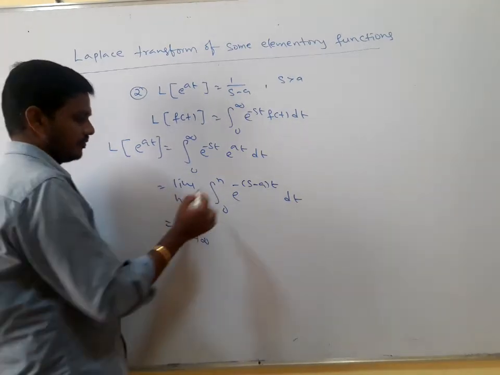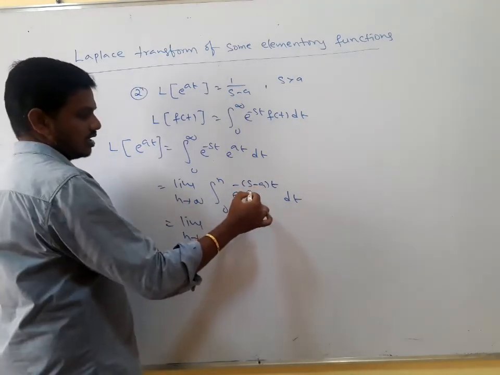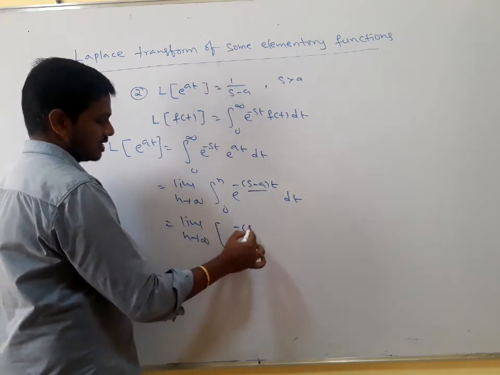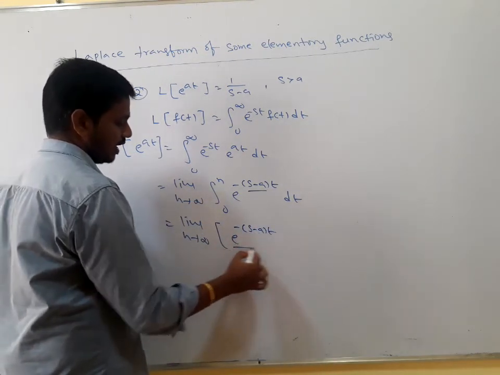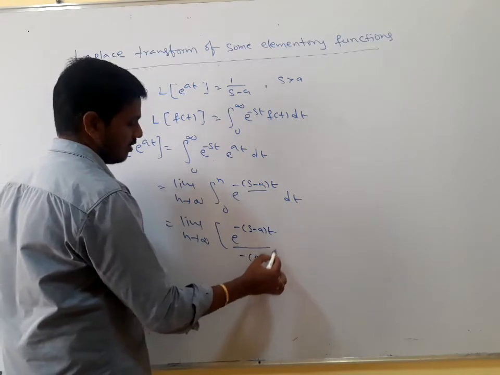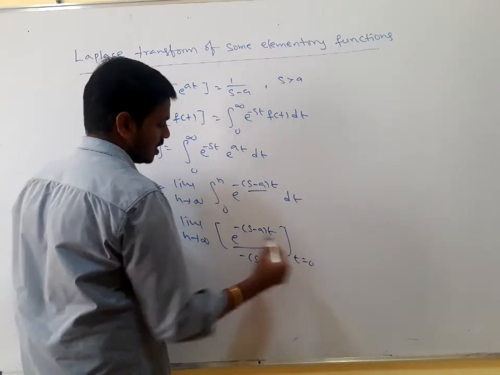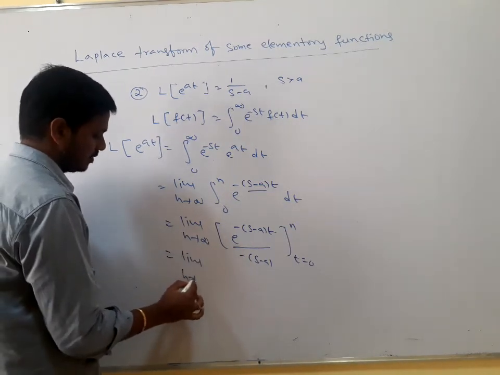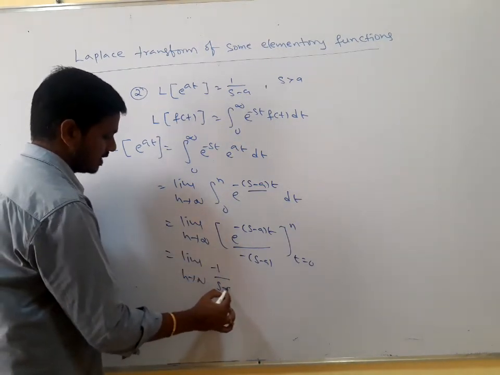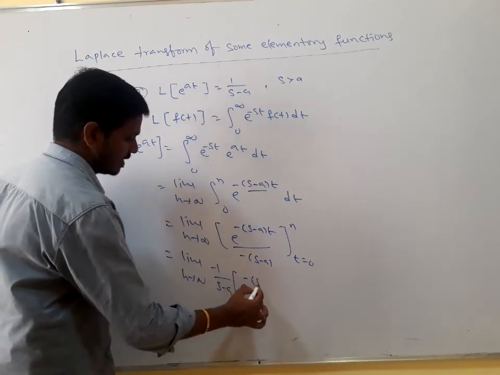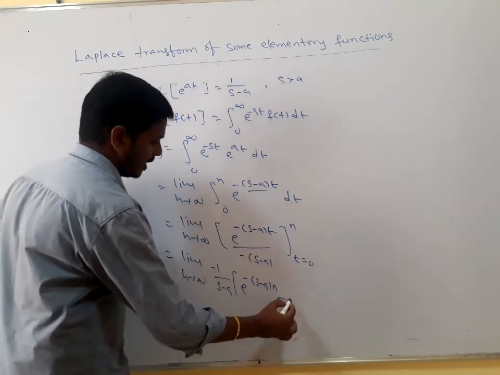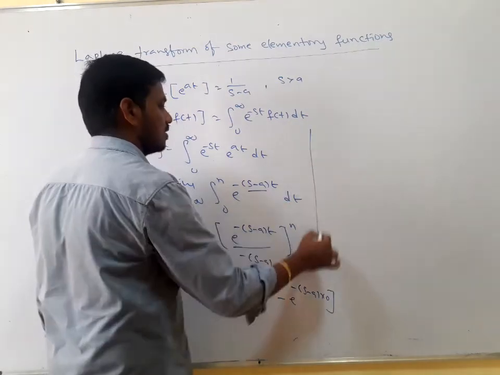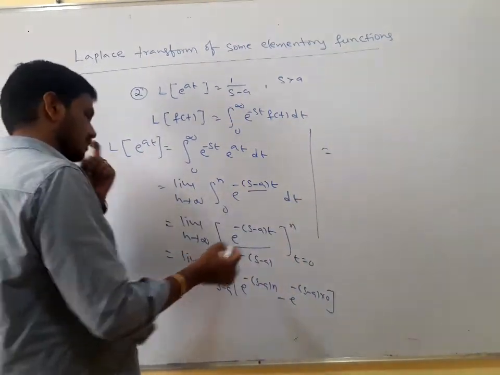So in this case it is also in the form of e to the power of at dt. The integration is e to the power of minus (s minus a) t divided by minus (s minus a), where the limits are t equals 0 to n. So, limit n tending to infinity, minus 1 by s minus a of e to the power of minus (s minus a) n minus e to the power of minus (s minus a) into 0,